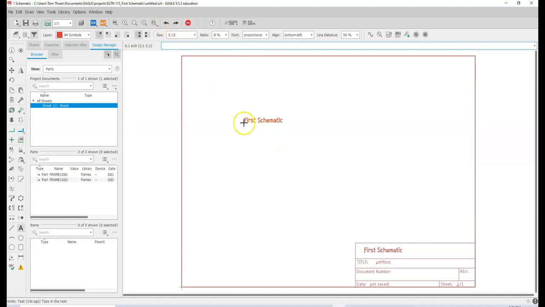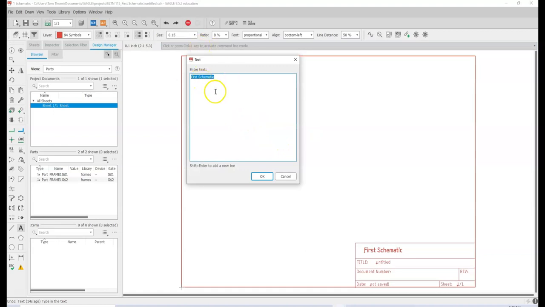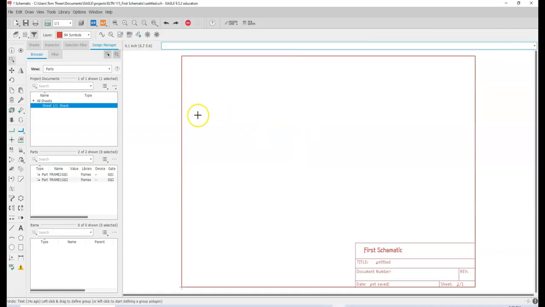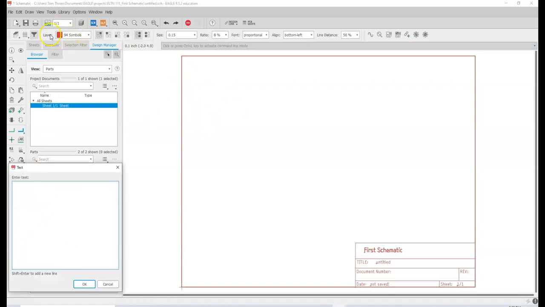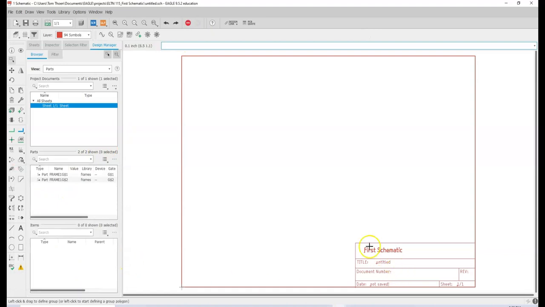And then if I hit Escape, it'll take me back to that menu box. I hit Escape again, and I'm back to where I started. So again, how I did that, I clicked on the text box. I changed the layer here, I changed the size, typed my text, and then placed it over in the title